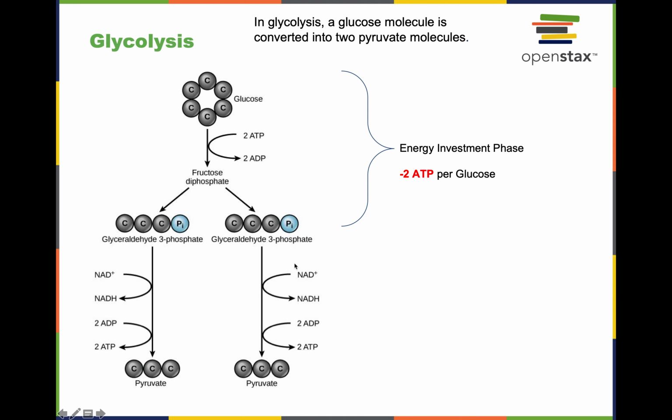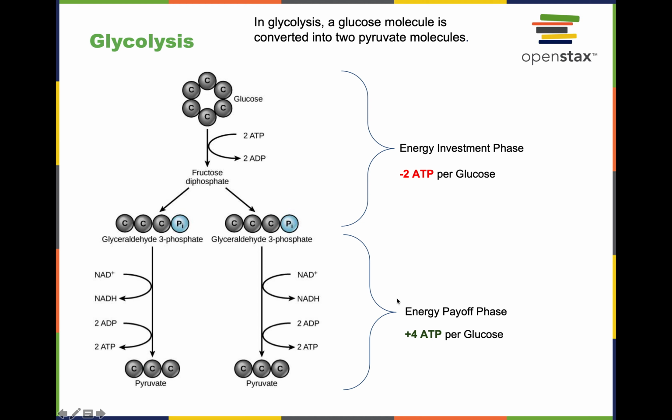So the second phase of glycolysis is when the cell actually is making ATP, and it's also stealing electrons to make these high energy NADH molecules. This phase of glycolysis is called the energy payoff phase, during which 4 ATP molecules per molecule of glucose are